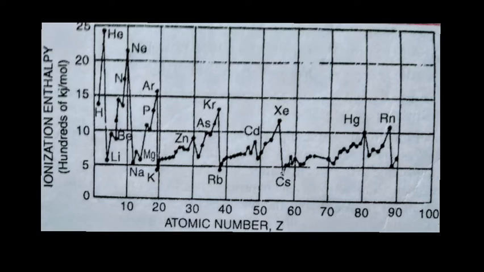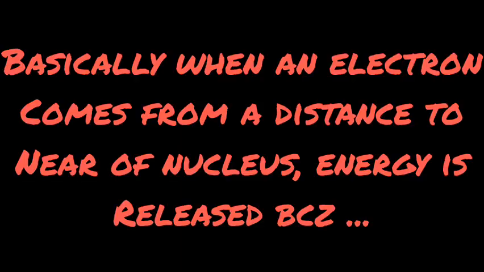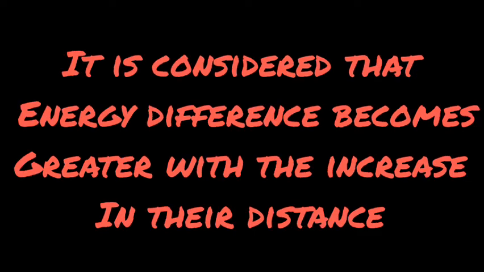One thing to be noted about ionization potential is that atoms with stable electronic configuration will have a higher first ionization potential value, as they are not ready to give out electrons from their shell. Now, on the other hand, when an electron is added to an otherwise neutral atom, a certain amount of energy is released, which is referred to as the electron affinity or electron gain enthalpy of an atom.